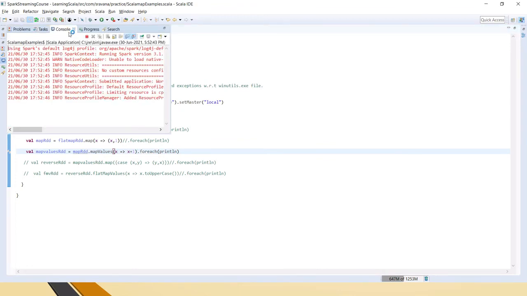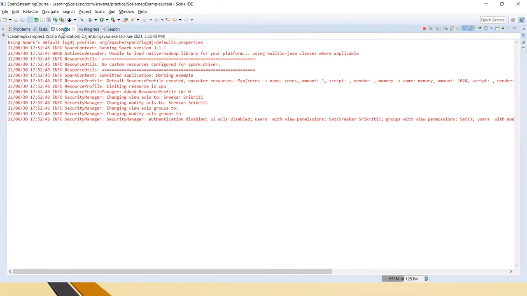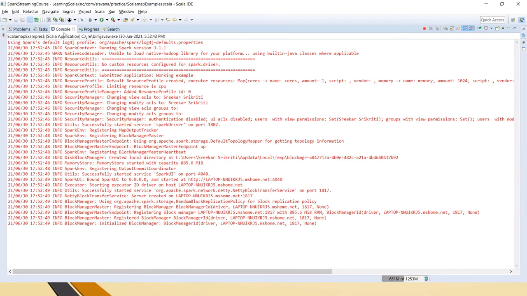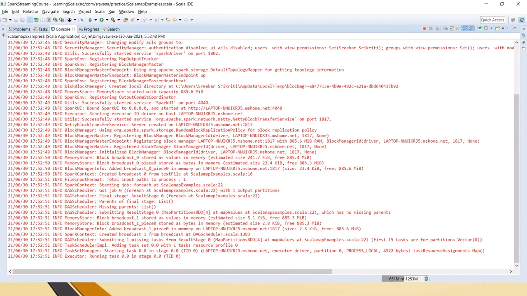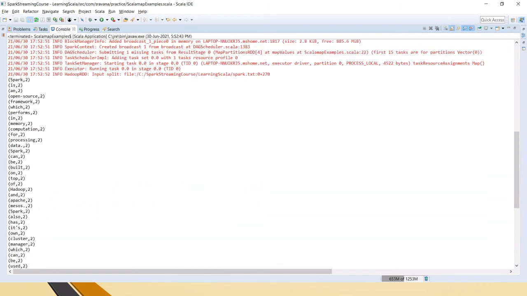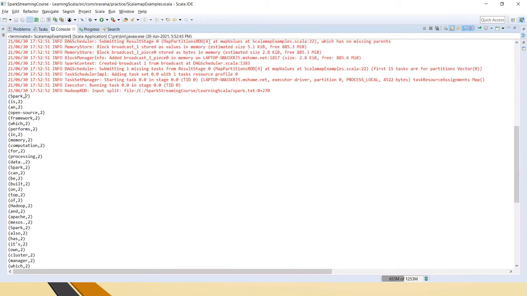Okay, so now let me run this and see how mapValues will add that 1 to the map RDD. In the map RDD earlier we saw spark comma 1, is comma 1 as the output from the previous RDD. Now we can see that it has done +1 to the value alone. The key is not changed at all, it's the same. Spark, is, and OpenSys are the same, only the value is changed from 1 to 2.